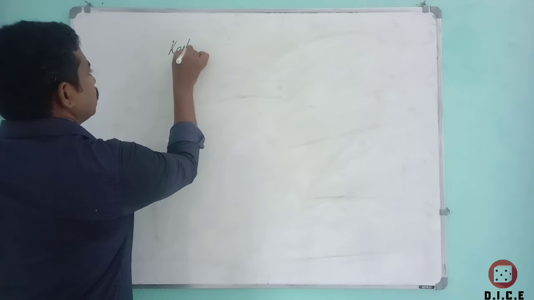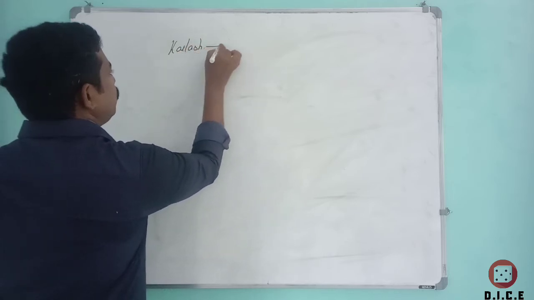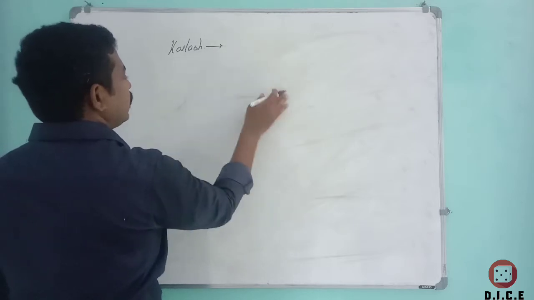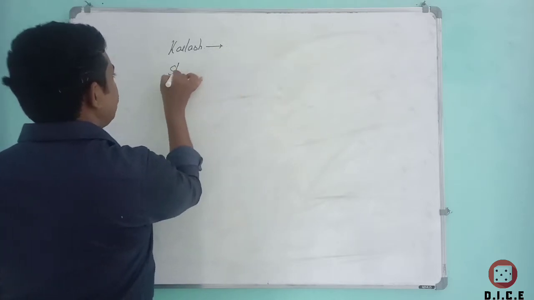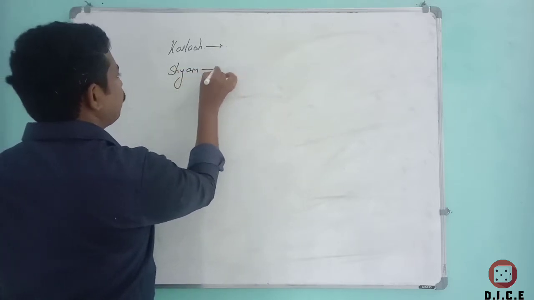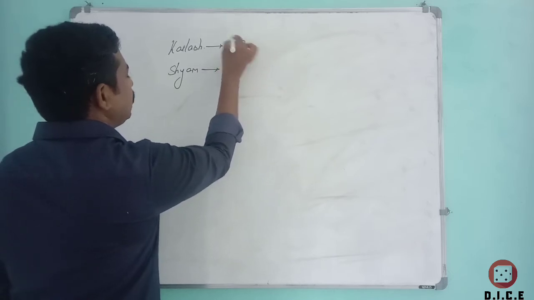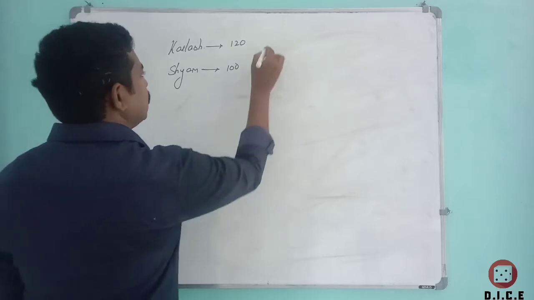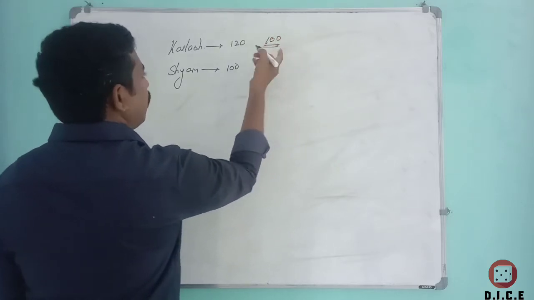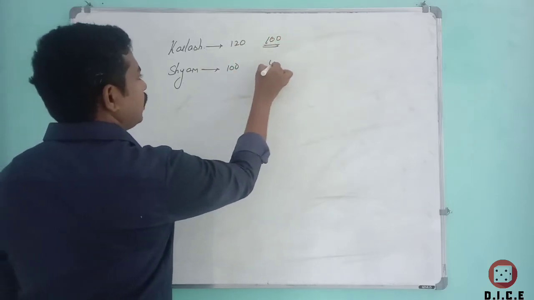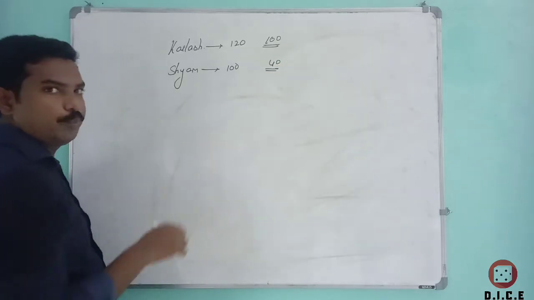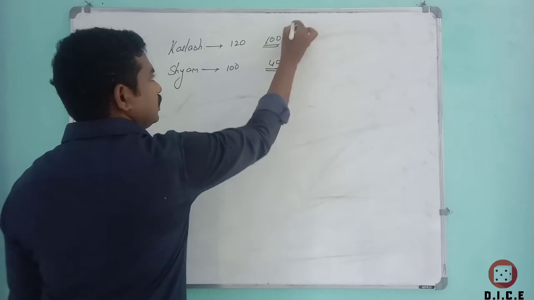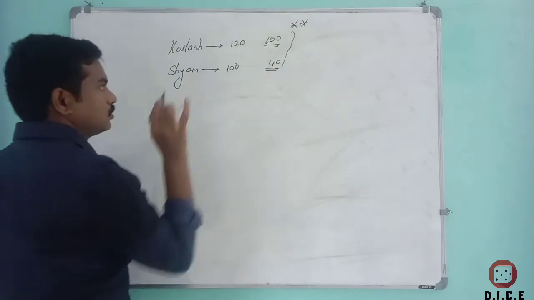Now if you see here, Kailash's car average is 20% more than Shyam's. For example, if Shyam is 100, Kailash will be 120. And it is also saying that the rate must match. For example, if the rate of Kailash's petrol is 100, the Shyam rate should be 40 because the difference should be 60. That should be kept in mind very carefully. This is the most important point.